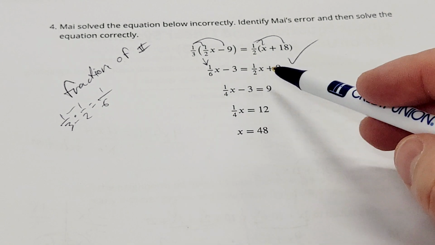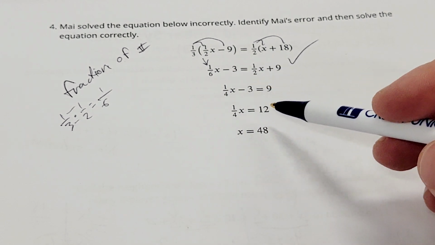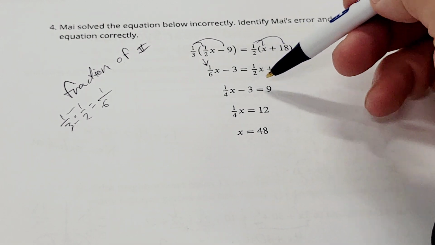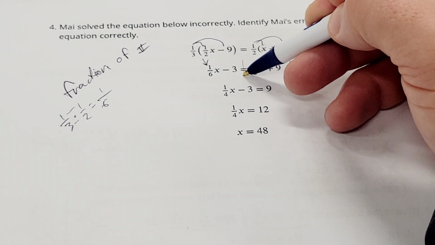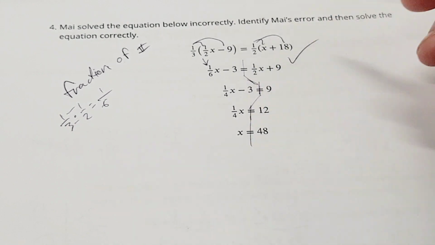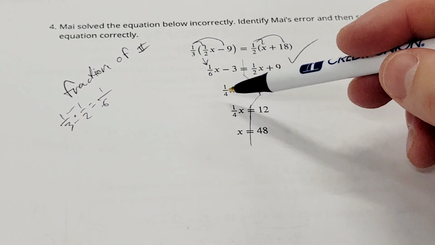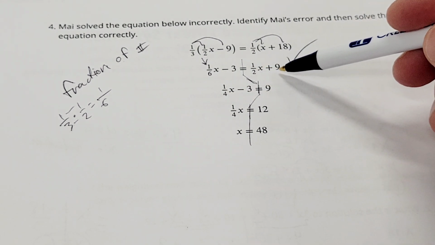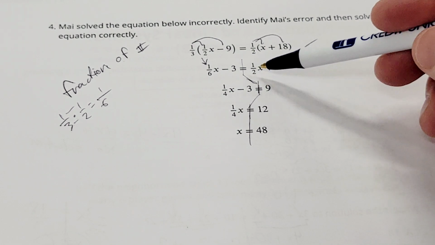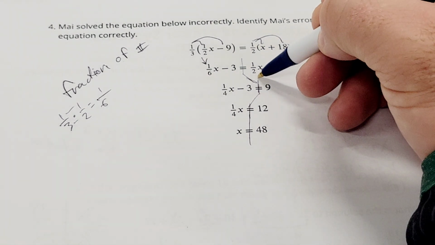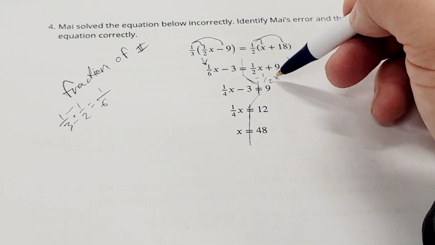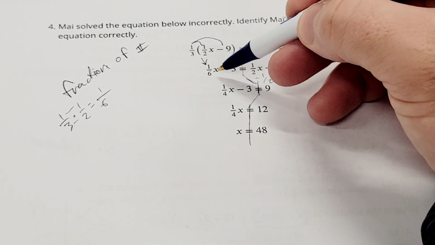So the thing about these is it doesn't actually show the moves they make as much as I show them and how much I've trained you guys to show them. So I have to look at their equal symbol, like their wall, although there's moves all over the place. That's the wall, okay? And I have to say what disappears. So if I see on the right side, the 1/2 x after this layer doesn't exist anymore, so she must have subtracted 1/2 x. Okay? So we got to look over here and say